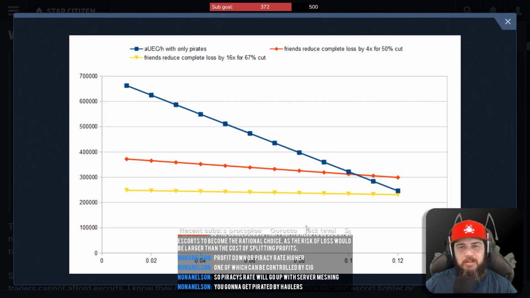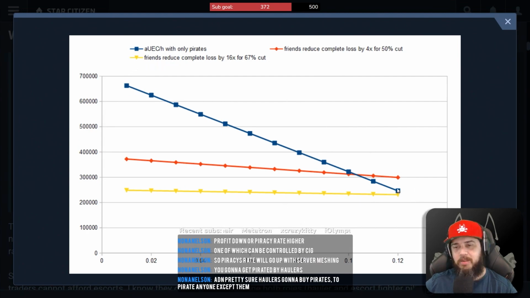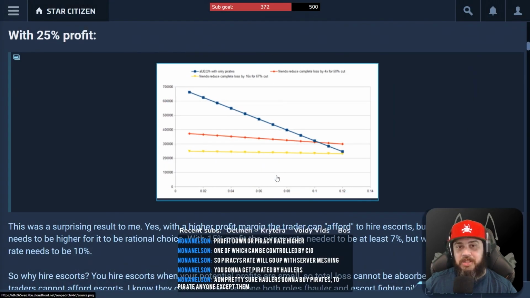I look at this particular chart. This is supposed to be the higher profit margin. I don't agree that this is actually accurate, and I think the main reason is because they're assuming the chance of a piracy attack is so low. Based on the current server situation, yeah, there are still heaps of players who have never been pirated, who have been doing the same trade routes as everyone else. Come server meshing, that's changing. Pirates are going to be fighting over the locations just for somebody to pirate.